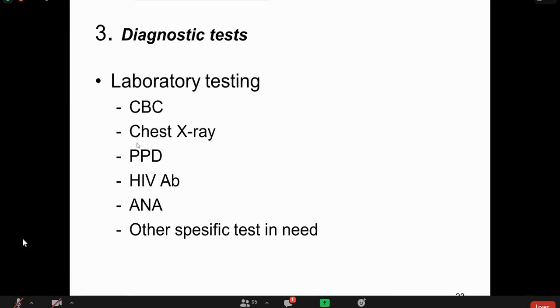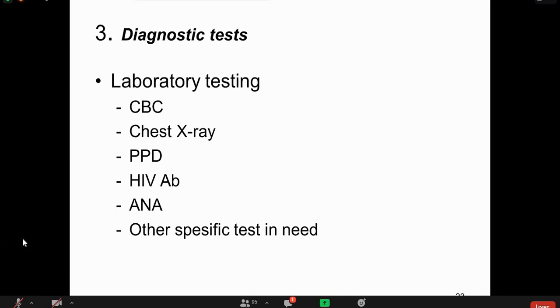Chest X-ray. Please remember, if a patient presents with enlargement of the cervical lymph nodes, axillary lymph nodes, inguinal lymph nodes, or supraclavicular lymph nodes, and you find a widened mediastinum, it indicates enlargement of the central lymph nodes, that is the mediastinal lymph nodes, and your patient might be having lymphoma. So always look in the chest X-ray for widened mediastinum to rule out mediastinal lymphadenopathy, which is very supportive of